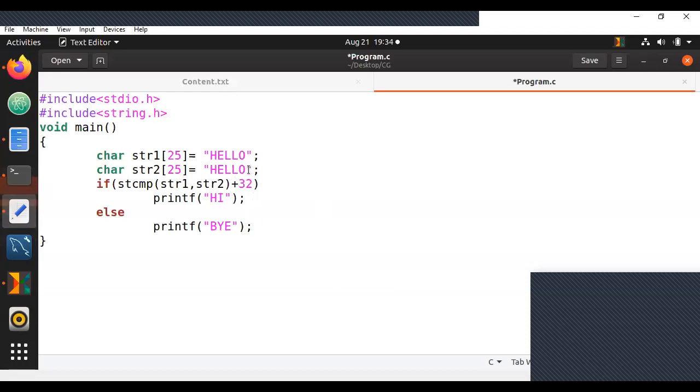Now go through this. Let me make it lowercase hello. Now, can you take a minute and try this out? This may be slightly confusing, but take a minute of time. Give this a try. Let me know whether it will be hi or bye. Remember, I'm comparing them and adding 32 to the result. Just remember that we are comparing both values and adding 32 to whatever is the result over there. So a few of you are saying hi, a few of you are saying bye. Let's see which one will be correct.